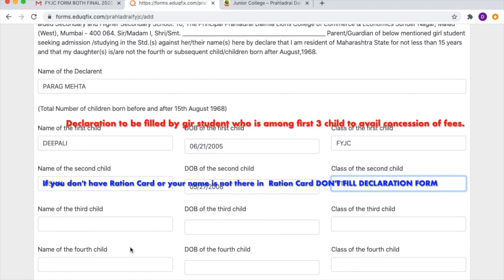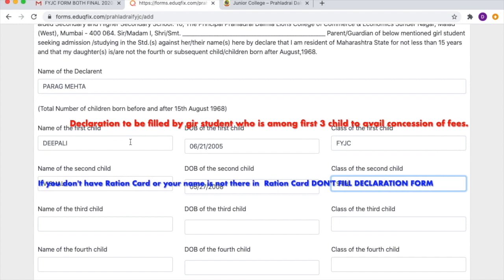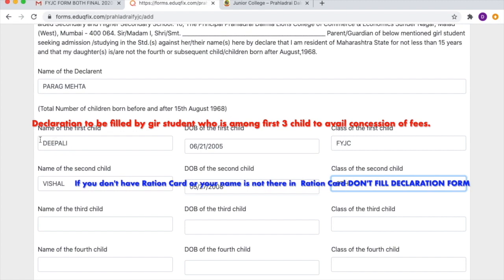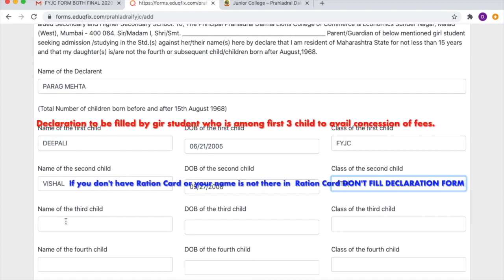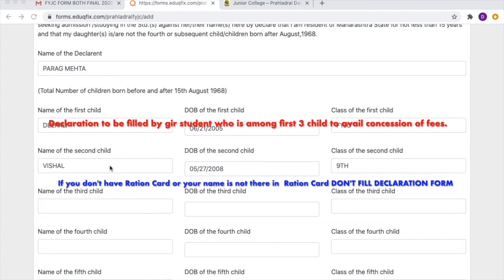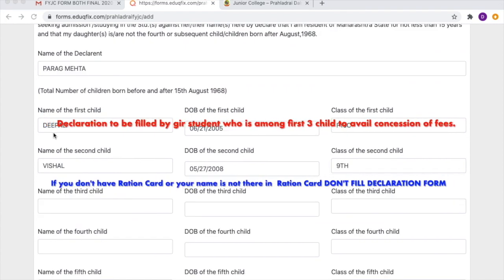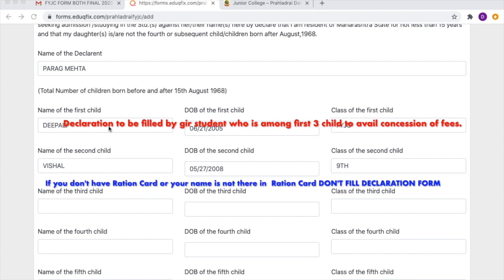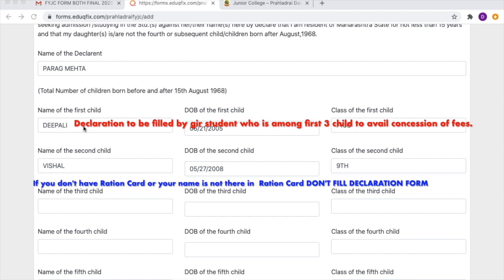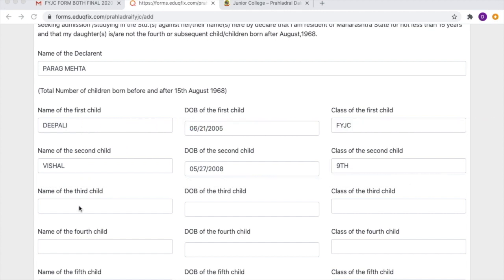If you are three, four, five, then accordingly, but the girl child who is filling up the form, that name should appear at the proper position because we need the ration card copy as well. So now we are two siblings, so I've written that way. The first is my name because I'm the elder one, and then the younger one, right? But if your name is on the second or third position according to your siblings, you have to write the names as per the order given in the ration card.